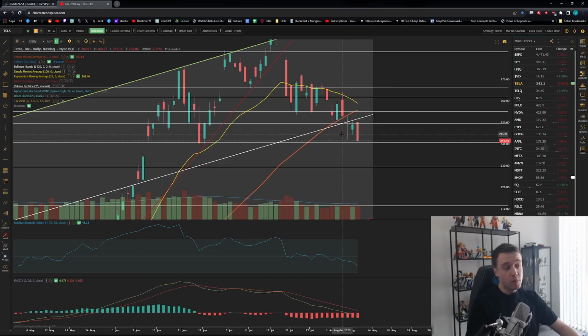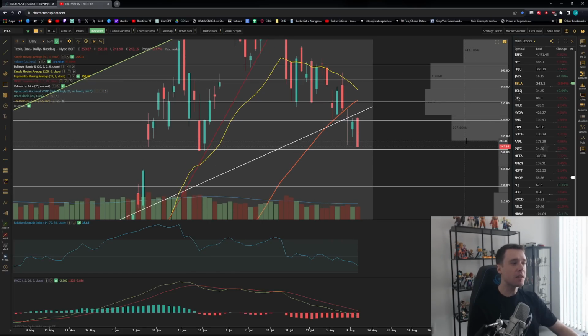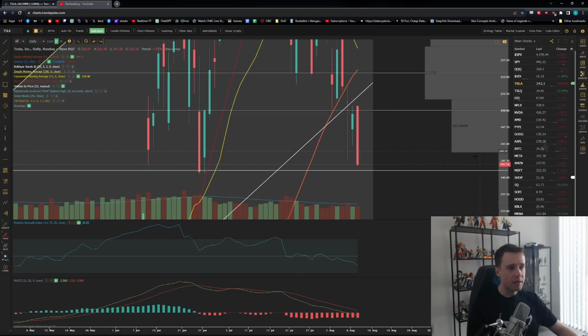So first and foremost, the most important thing to me right now is, let's open up the volume by price, right? We're technically below this volume here, but ultimately, pretty much as long as you're above 240 to 242, that's the way I look at it. That's exactly where we bounced over here. This bounce was exactly at 240 and a half really. So as long as we're above essentially this line right here-ish,